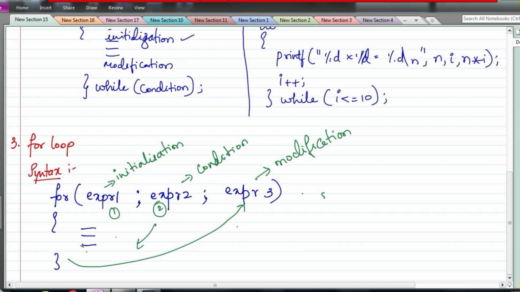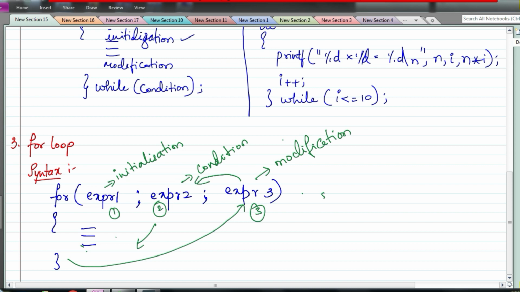Once modification is done, we need to check whether the variable is still valid.